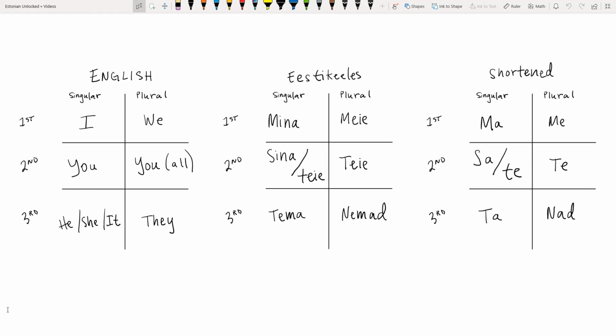That being said, before we dive into cases in Estonian, we have to understand this concept in English. And this will help you realize that you really know this concept. You really understand cases. You've been doing this your whole life, but you have to be able to translate this from English into Estonian. So we're going to spend a little bit of time talking about the English before we dive into Estonian, and then I promise it will make sense.